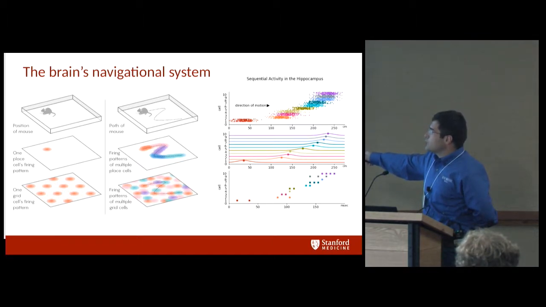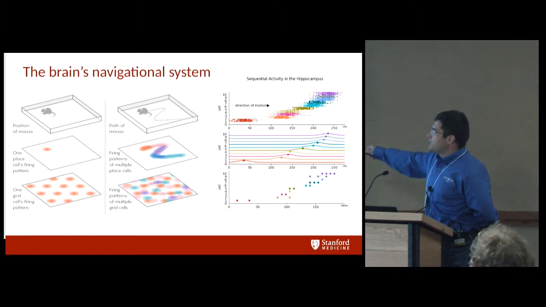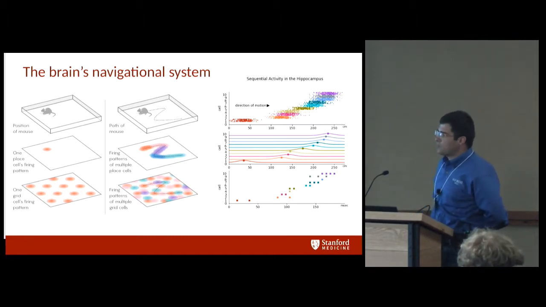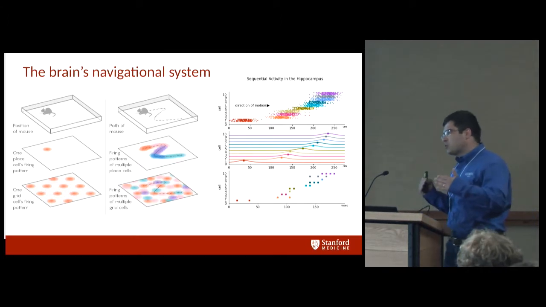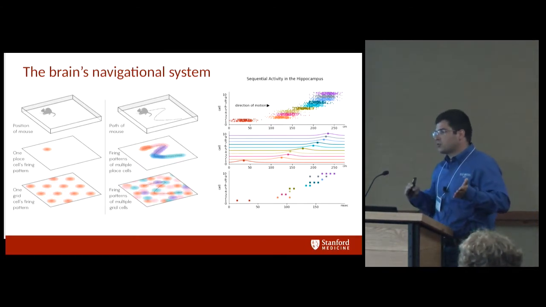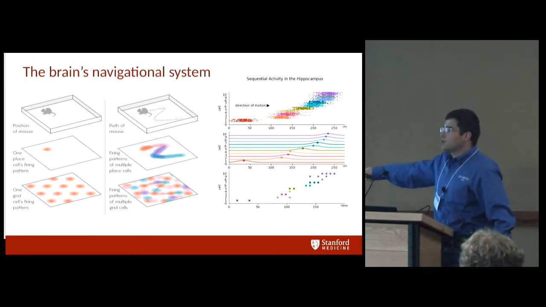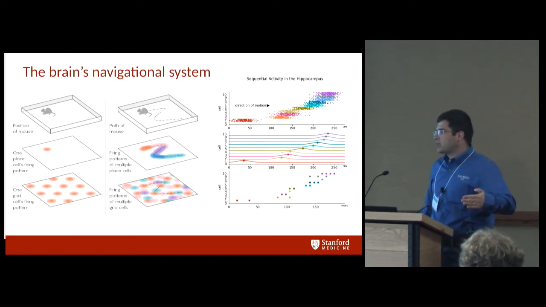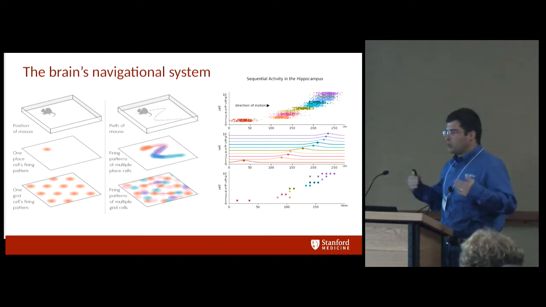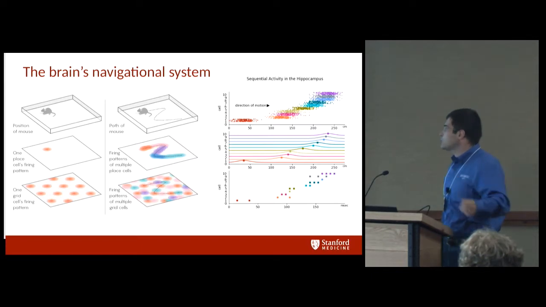But what's also interesting is that when people started measuring the activity of neurons associated with particular paths, they found all these place cells that are active in a particular sequence. These sequences were preserved over trials, and it was found that during the process of memory consolidation, when short-term memories are transferred from the hippocampus to the cortex, these sequences that were active during running are replayed very quickly. And so it is thought that this process of repeating the sequences leads to consolidation.